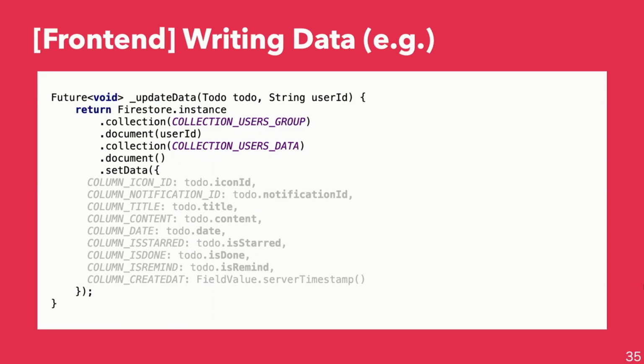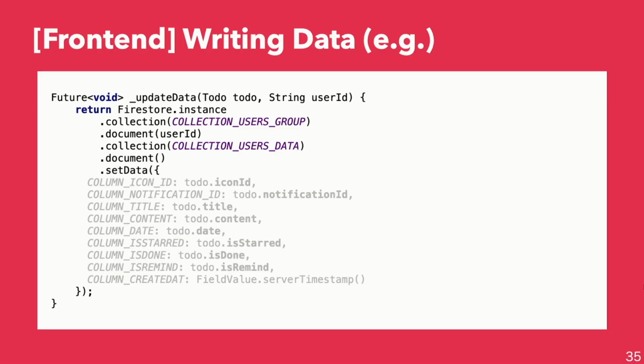Here is a code sample for writing data. I'll show you how to write one data onto the file store. Second line, file store instance is for getting Firebase instance. Third line, collection function is for getting this app's user ID's collection. Next line,